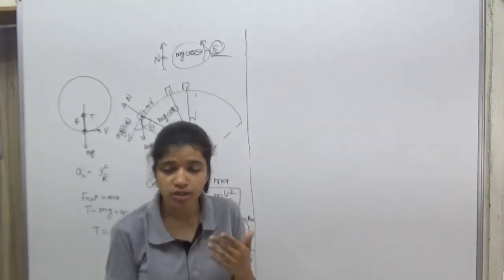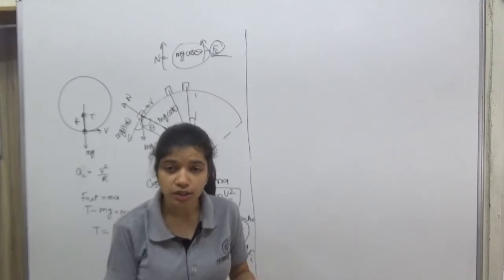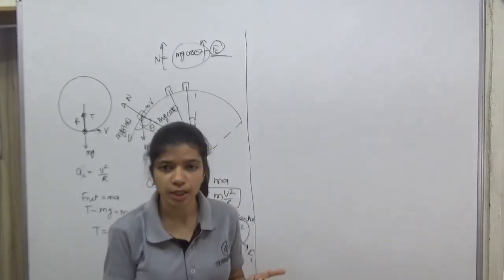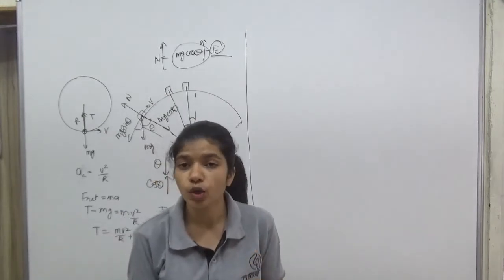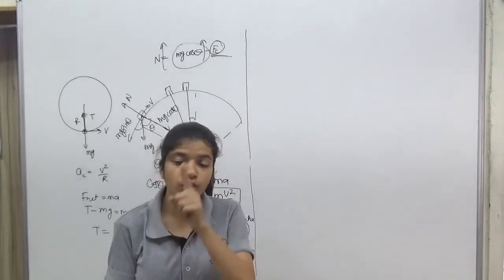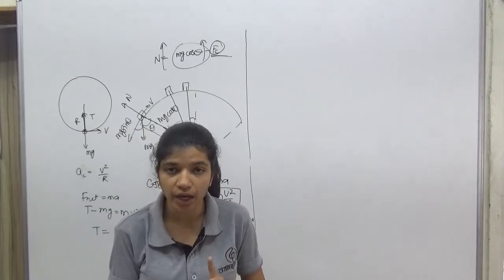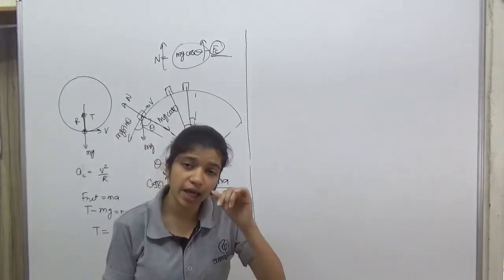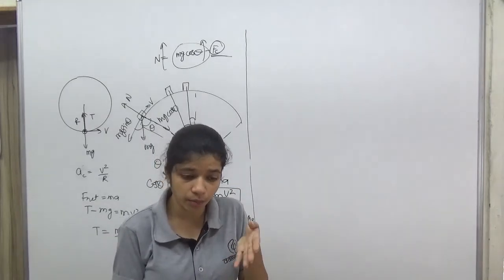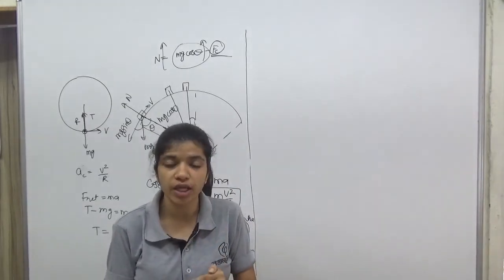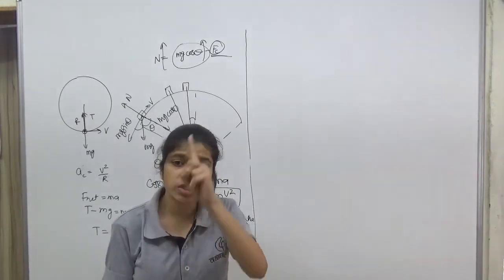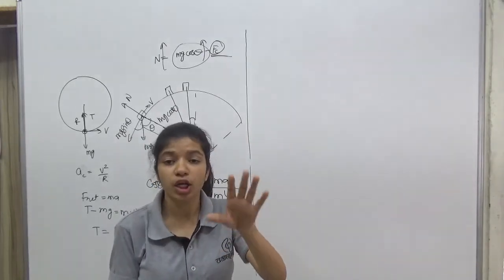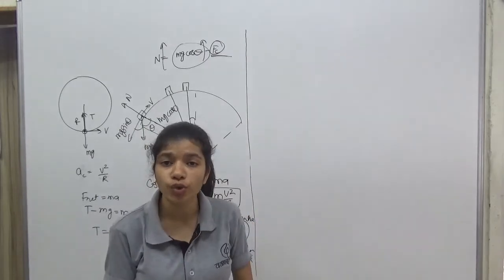Now stuntman जो है वो मरना तो नहीं चाहता, so definitely he will maintain at least minimum speed to complete the circle. So what minimum speed is required at the bottommost point if we want to complete the circle of radius capital R? It is root 5gr. ये हमने किया हुआ है. And in that condition, when we are providing root 5gr velocity at the bottommost point, velocity at topmost point is how much? Root gr. So minimum velocity required at topmost point is root gr.